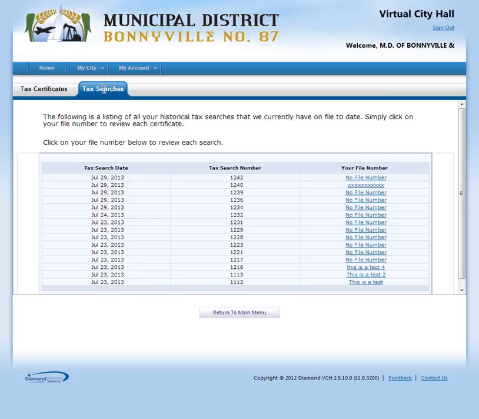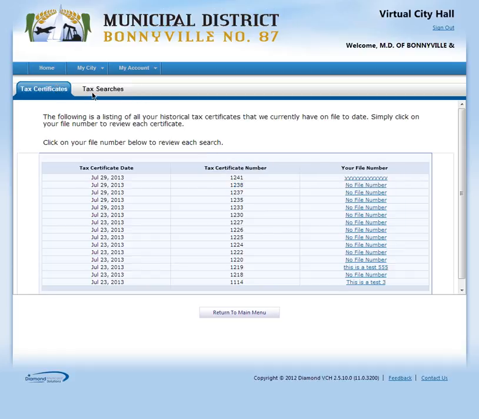We can also go to tax searches. Tax searches is showing the number here, 1240. Don't worry about the 1242, but the 1240, that was the original tax search that we did. So at any point in time in our account, we can go back and take a look at previous tax certificates that we generated at that time, and we don't have to worry about having to regenerate it again and